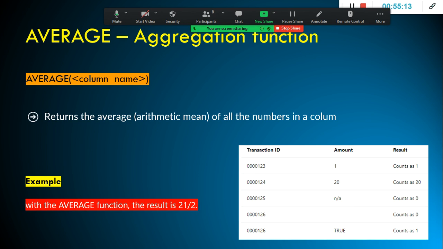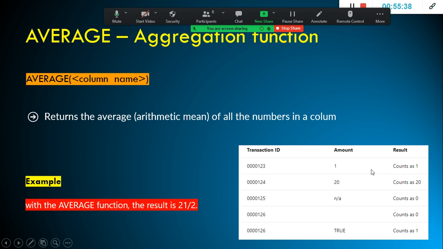So average is a very simple one, but if you look here, it is not working the way the Microsoft document mentions it. Look here, average takes a column name, a scalar value. You need to specify the column name. You can use the column name unit sold, and it computes the average.